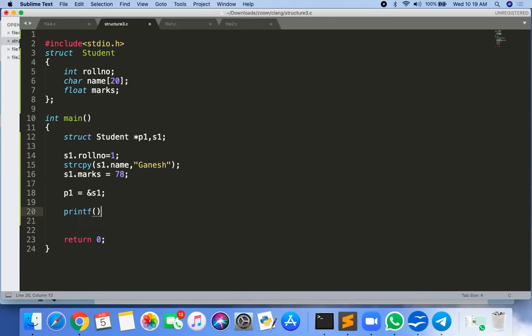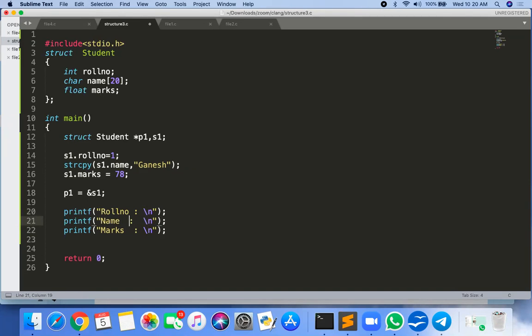Suppose I want to print its roll number. I want to print the roll number as well as the name, and again I want to print the marks.